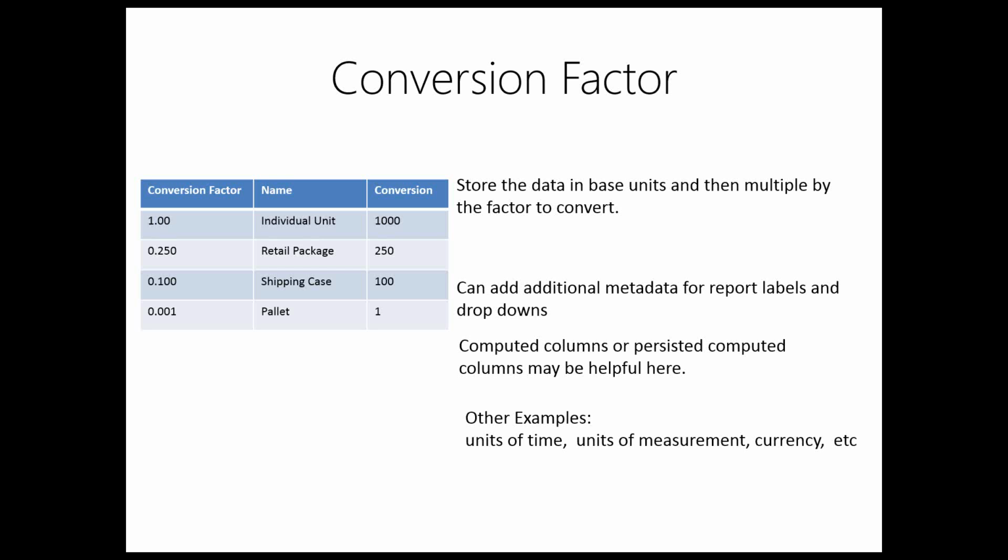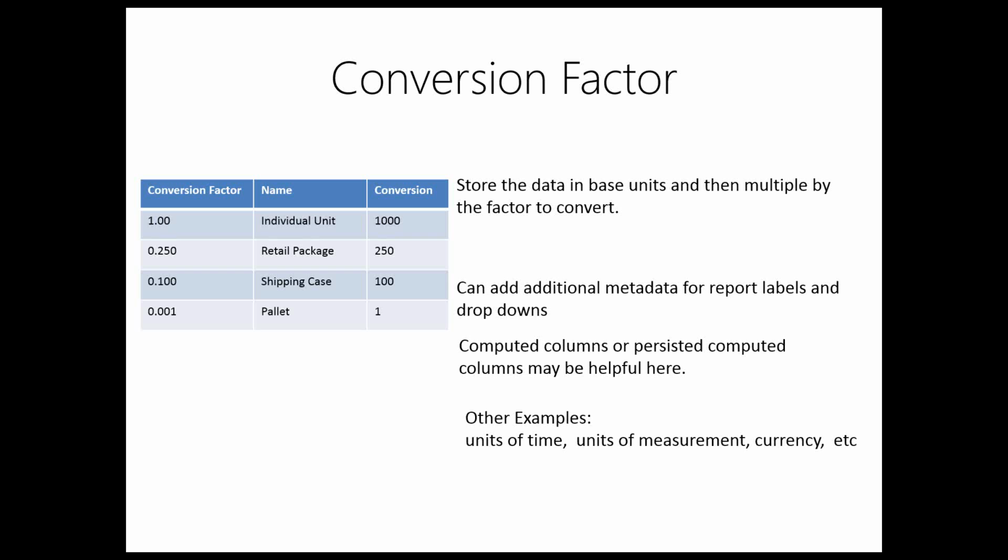And we'll store a conversion factor for that row, as well as we may also have a conversion factor table that has some other metadata that we'd use for report labeling. Then we'd store the fact in terms of that unit, and if we needed to, for reporting purposes, report on shipping cases, we could just do the multiplication by 0.1, and that would get us back to our individual unit number. So this works really good